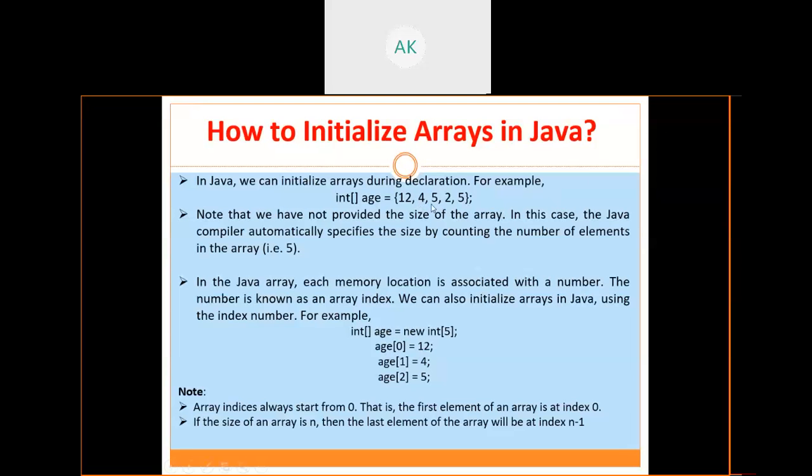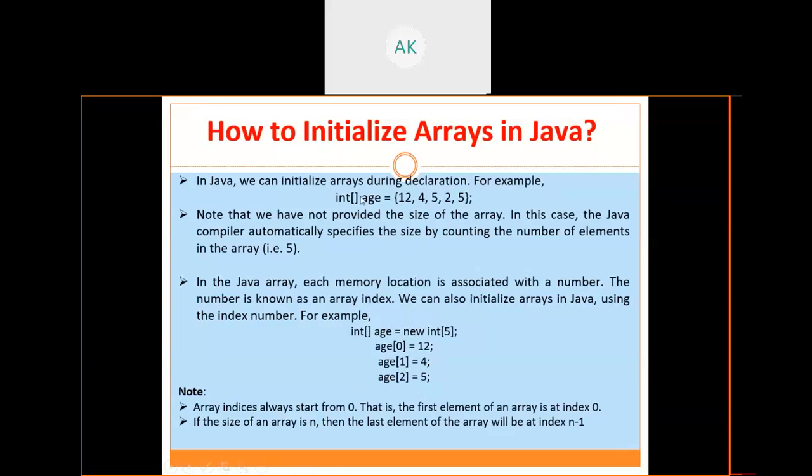Means if I want to calculate the length of this particular array, I will simply take the array name dot length. If I write age dot length, it will give me the length of this array. That is the standard function available in Java. In a Java array, each memory location is associated with a number, as we know array indexing starts with 0 and goes up to n minus 1. The number is known as the array index,